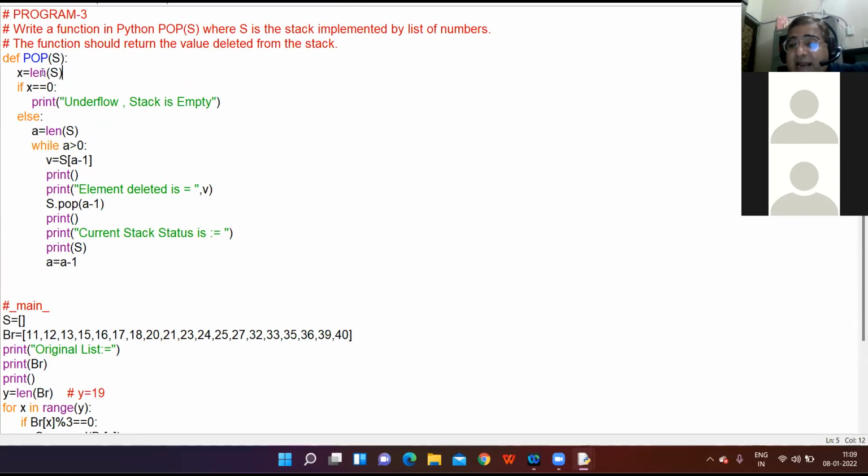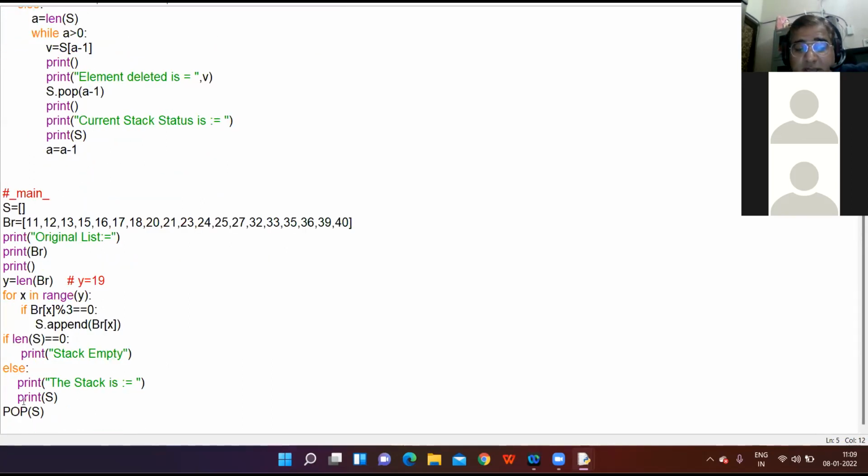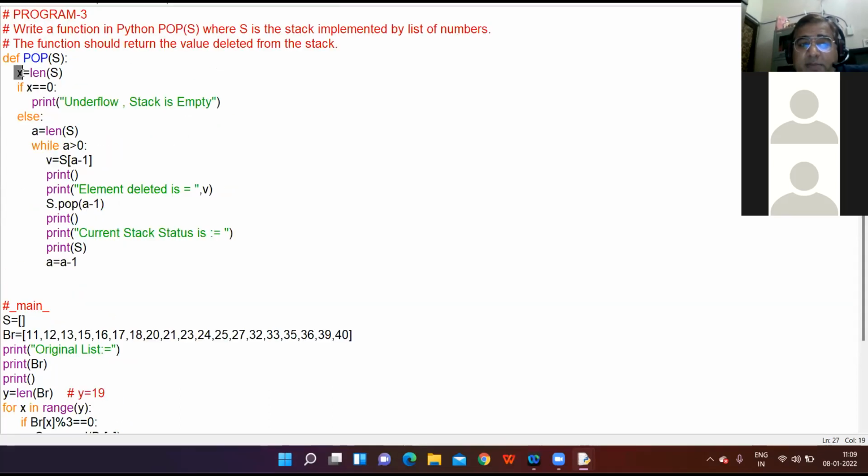Now this is the length of the stack, this one, not all the elements, only those divisible by 3. Y will take all the elements, x will take the total number of those elements which are divisible by 3.